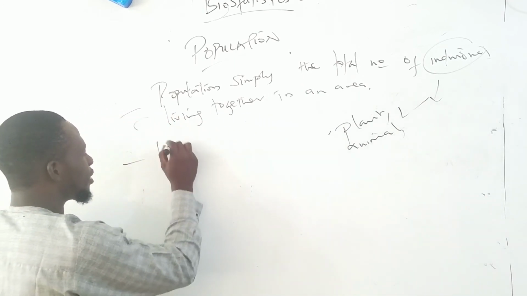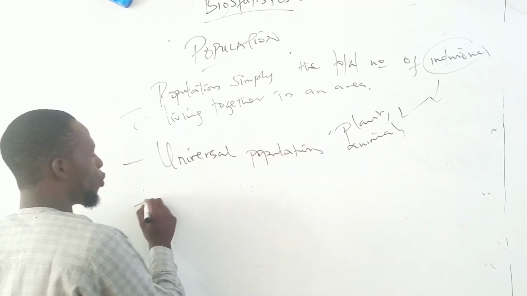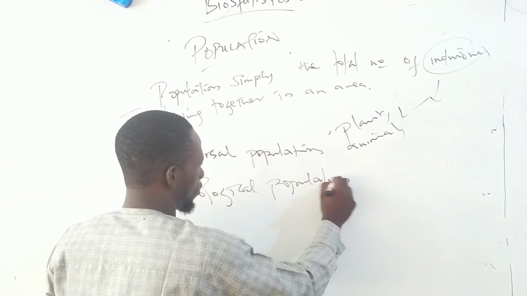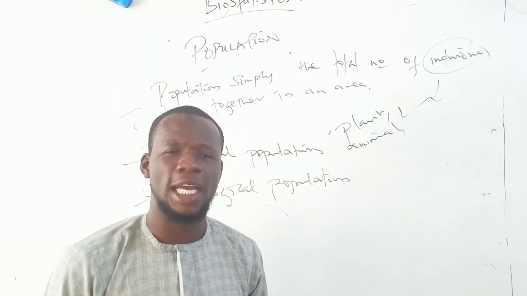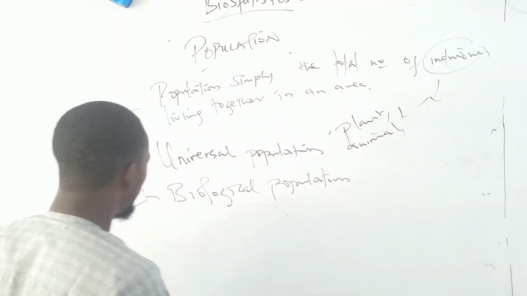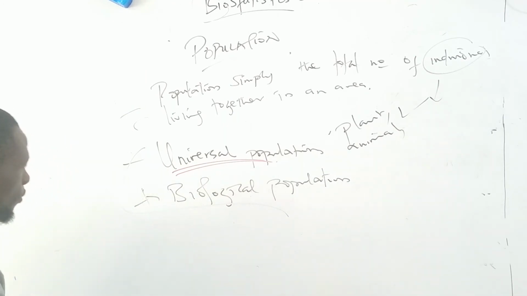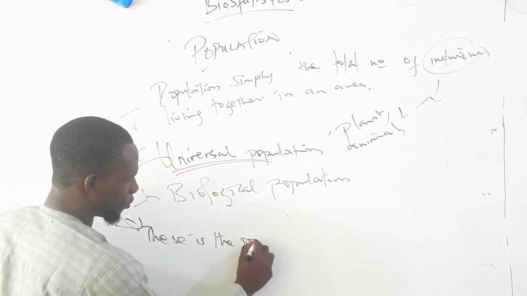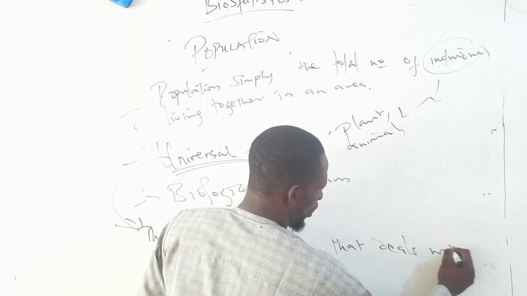So we have two different types of population. We have universal population and we have the biological population. These are the two different types of population we have, and we'll be able to understand now which type we actually work on. Talking about the universal population, this is the population that deals with the entire globe,